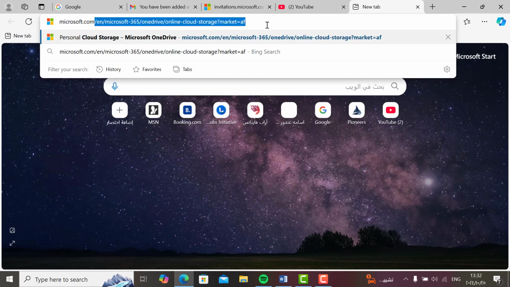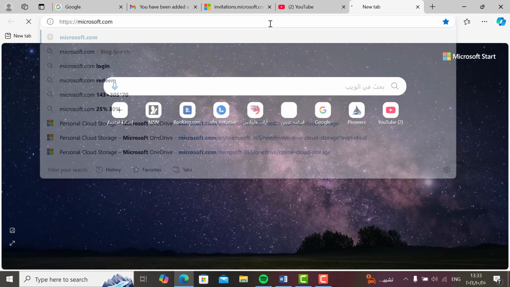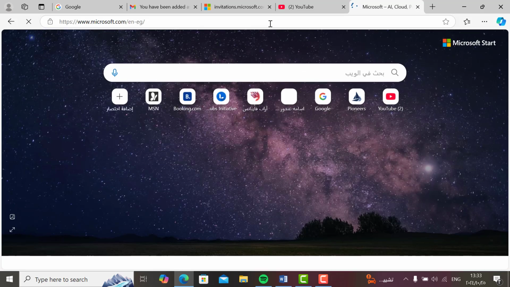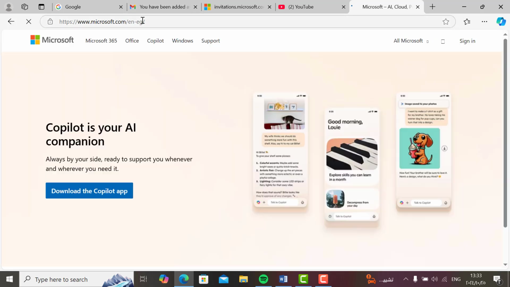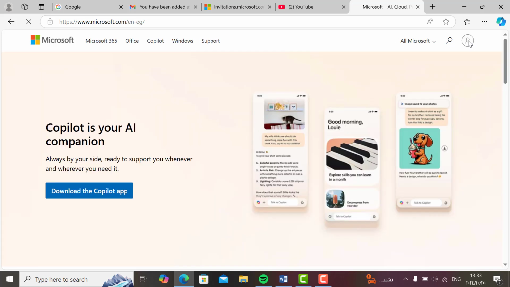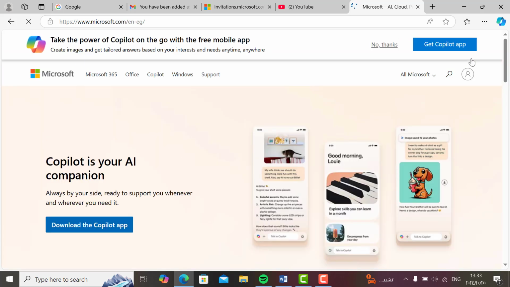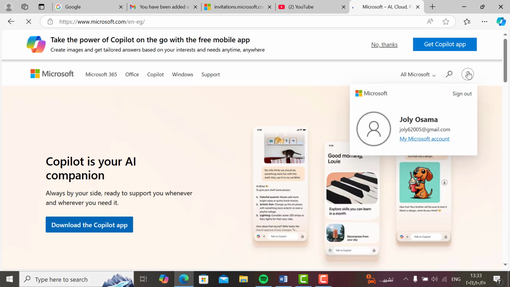When entering Microsoft.com, you will enter here and then sign in using the email which you want to use for signing in to Microsoft Teams. And here, go to the account, and in the account,